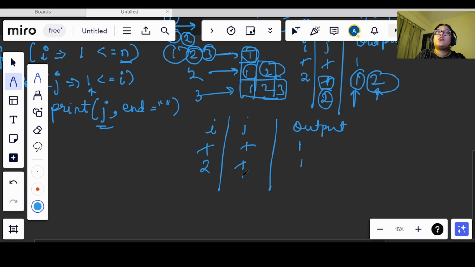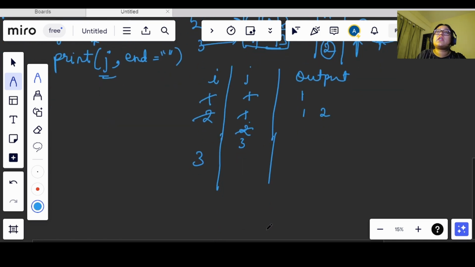Again it will go to 2, right? Because when we increment the value, 2 is less than or equal to 2, right? It will give a true condition, so we will print 2 here. Now once j gets updated to 3, our condition becomes false and we will move out of this loop and again i will get updated to 3 here, right? So now again our j will start from 1, right? So from 1 it will start, we will print 1 here. Again it will go to 2, 2 will get printed, then 3.